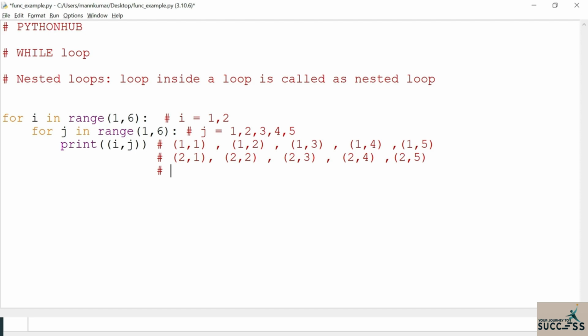Now in the third iteration, what is this? 3, 1; 3, 2; 3, 3; 3, 4; 3, 5. In the same way, two more sets of combinations will come for 4 and 5. If we think like that,